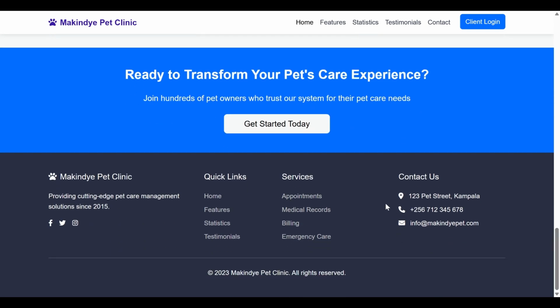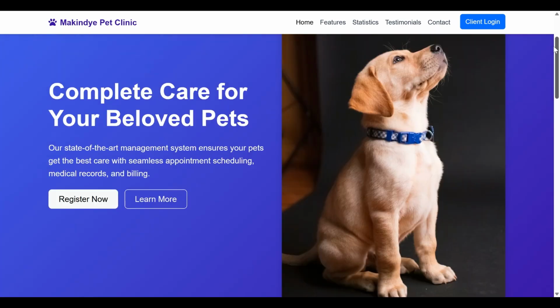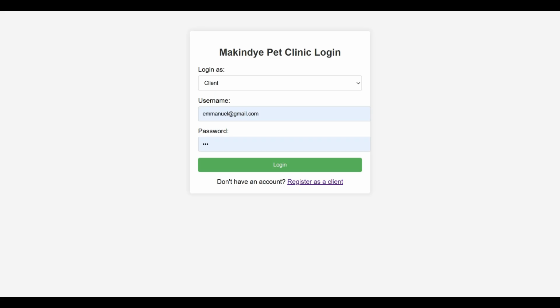And finally, this is the footer. So for a person to log in, if you have liked what the clinic is doing, you can simply log in as a client. Once you click on login, here the system as of now